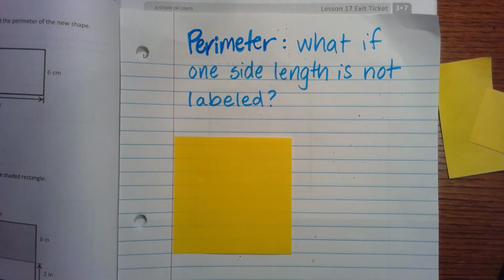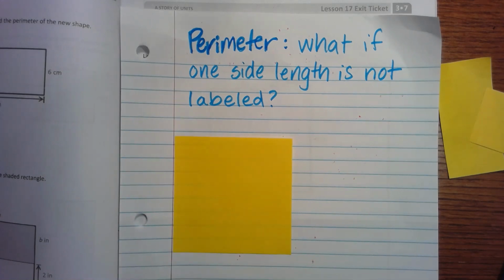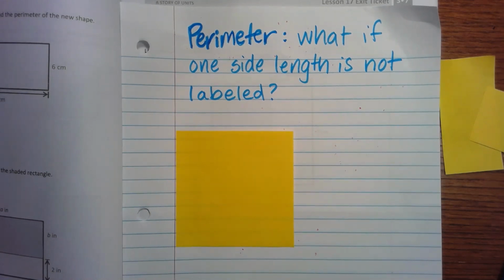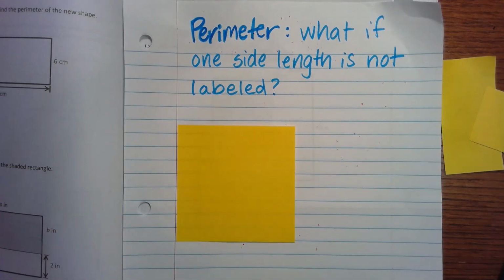Today we are answering the question, how can we find perimeter if one of the side lengths, or maybe more than one of the side lengths, is not labeled for us? So instead of using a ruler, we're going to use some logic and reasoning and figure out the length of unknown sides. So before we do that, I want to remind you